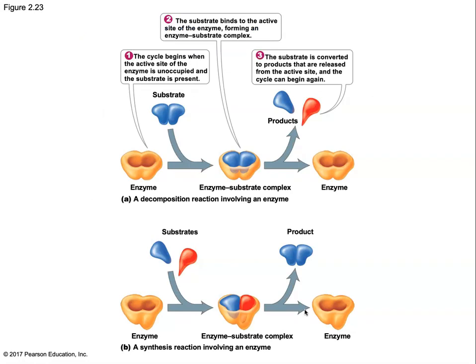Here's a drawing or an example that helps illustrate this process of using an enzyme. In this first diagram, we're using an enzyme to break a group up. So we have a single substrate, it's going to bind to the enzyme, and what we form is what's known as an enzyme substrate complex. And then the enzyme allows that substrate to undergo its chemical reaction. In this case, we're going to be breaking it down into its smaller products.